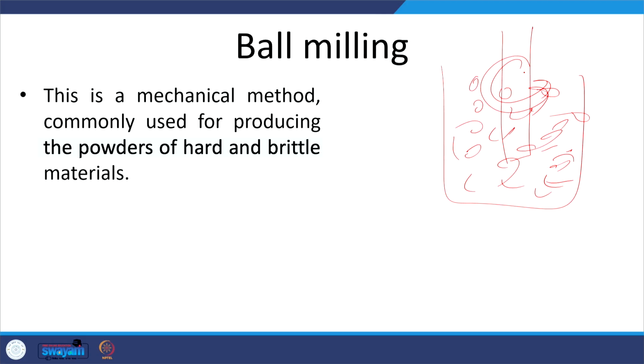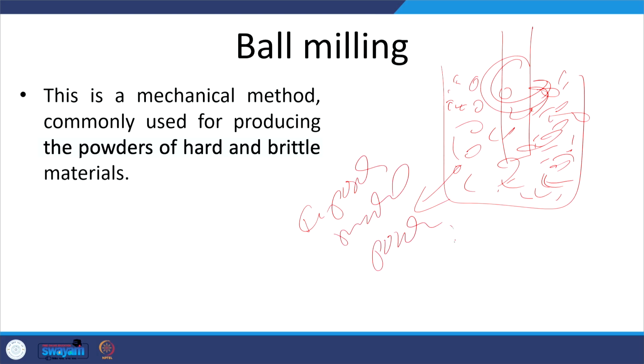So, the continuous movement of the steel balls, and the material whose powder is to be made will also be put in between. So, the balls will be continuously rubbing and crushing the powders, and they will be refining and mixing. So, this method is particularly used for making the composite material powder mixture. Okay. So, the steel balls are churned continuously in the presence of the materials which are to be converted into the